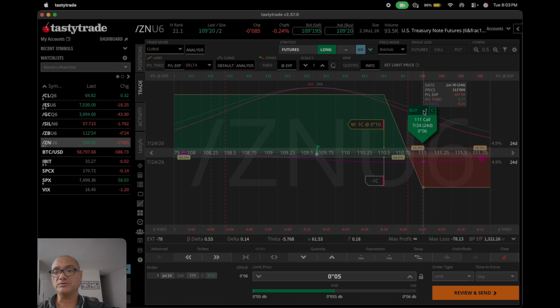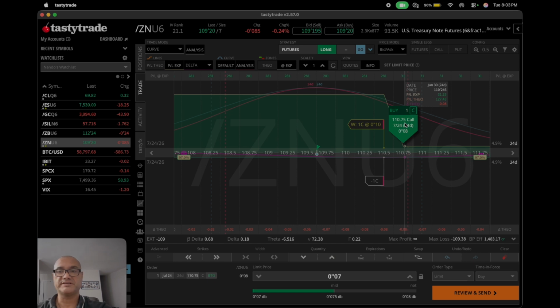Maybe I can also, if I pinch the wing a little bit and I sell the 110 or buy the 110 in the orders, that compresses the length of the call vertical. But notice if I do that and I pay, looks like the market right now for this call, the 110 in the orders, is 7 bid at 8. So let's say that I paid 8. Remember, I sold a 110 for 25. So I would have 17 ticks of profit, and this quarter point call vertical, the max that it can lose